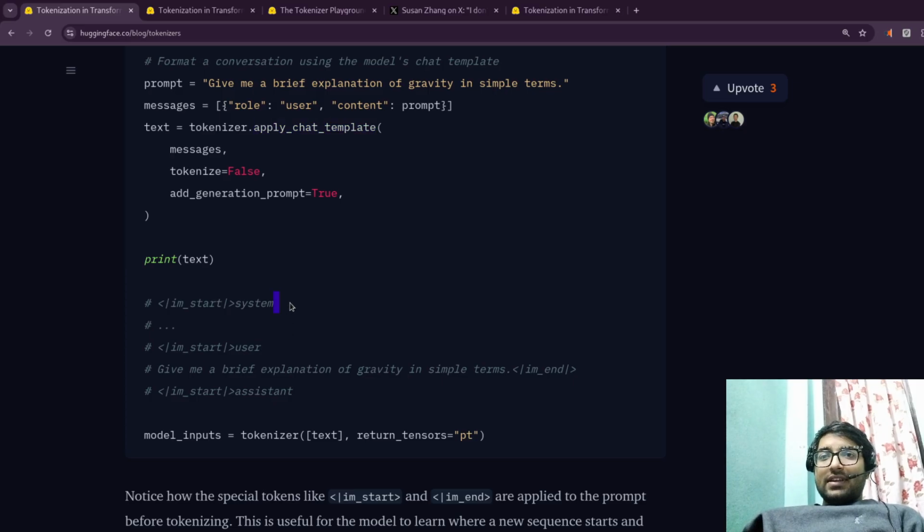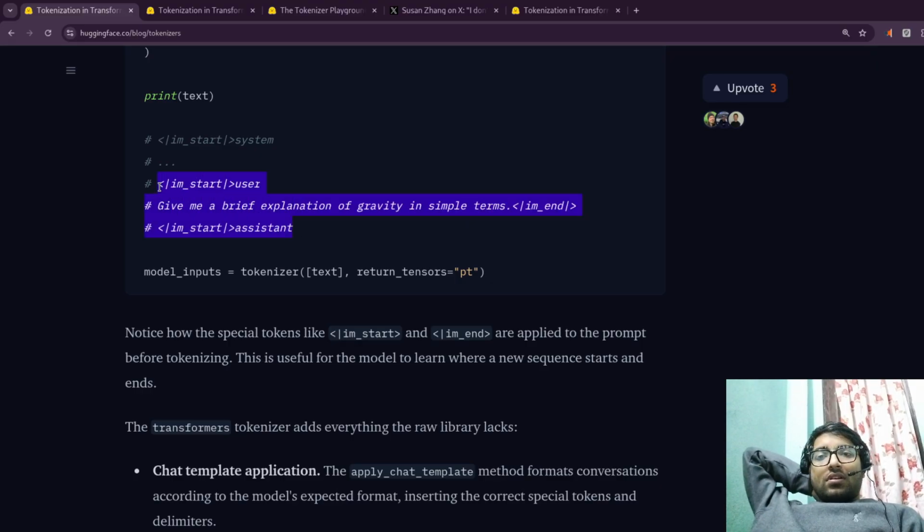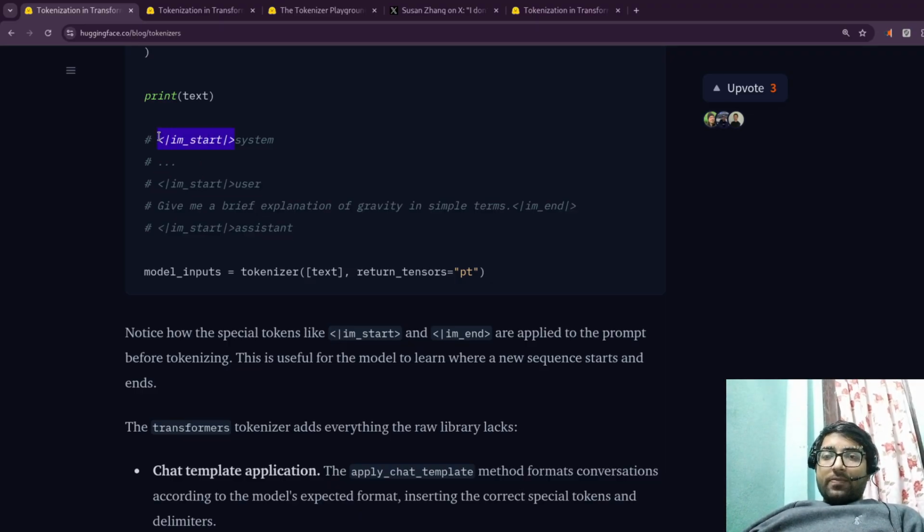Im start system, im start user, give me a brief explanation of gravity in simpler terms, im end, and im start assistant. This is added by the tokenizer itself. We do not have to know the specific details, because they are predefined tokens, like beginning of the sentence, end of the sentence,